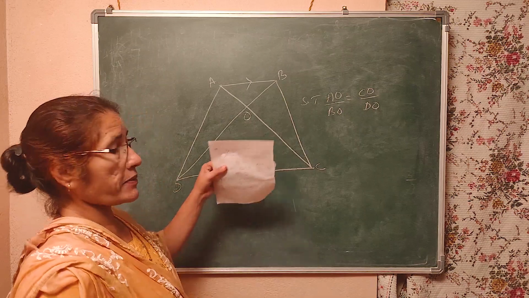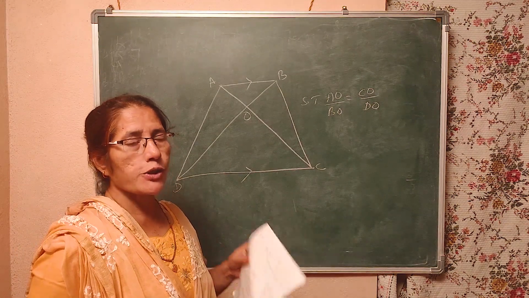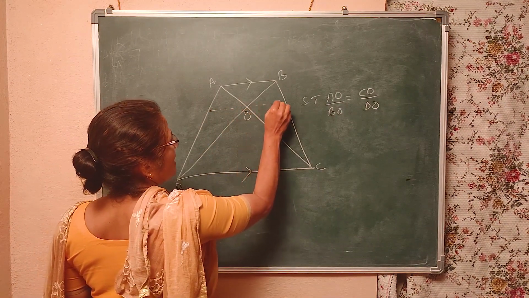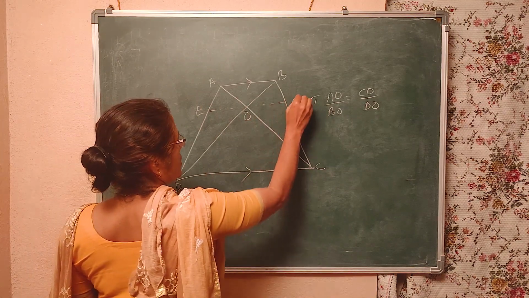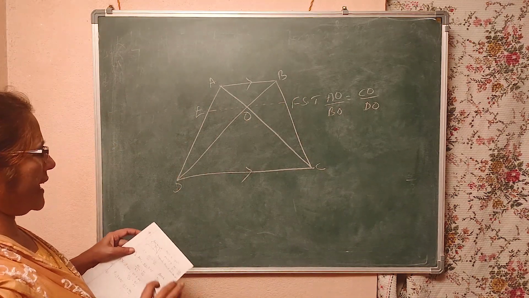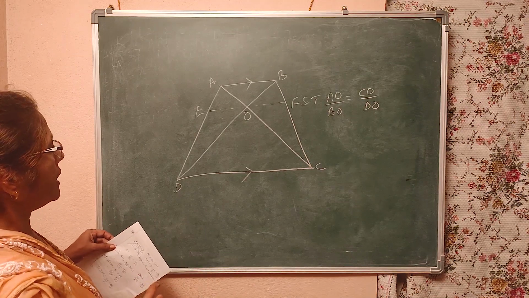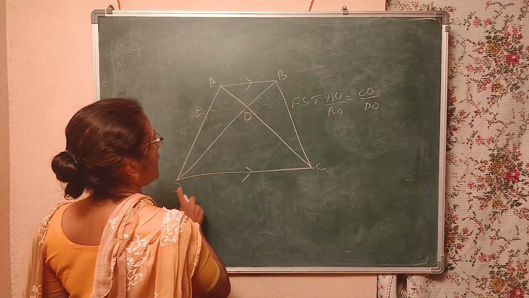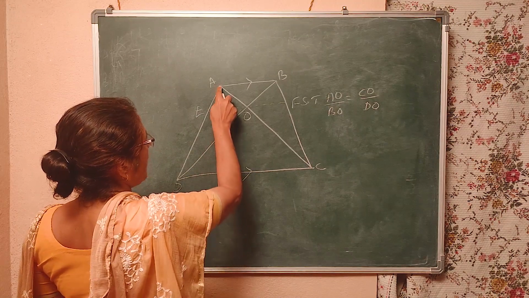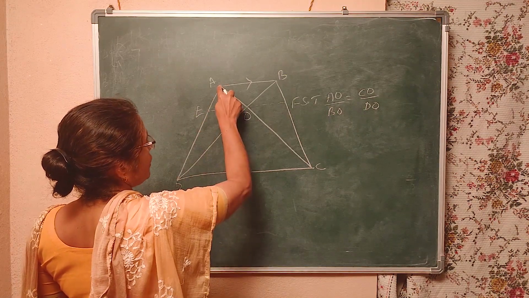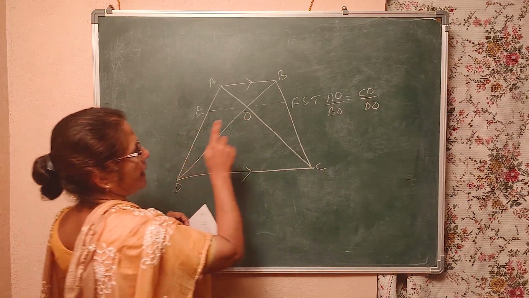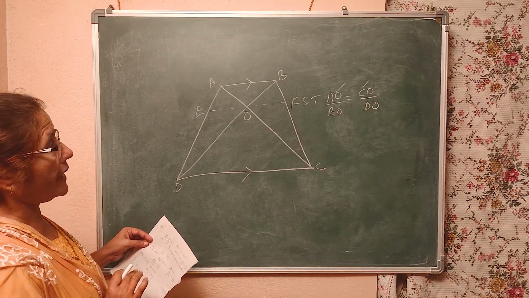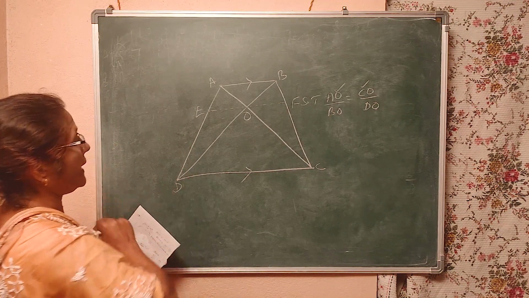Now, all these problems are given under Thales theorem, right? So, what can I do? I can draw one parallel line here. I call it EF. So, if I take triangle ADC, in triangle ADC I can write down EO is parallel to CD, correct? So, AE by ED is equal to AO by OC. Yes. Now, I have to get BO and DO, and I have to get AE by ED again.